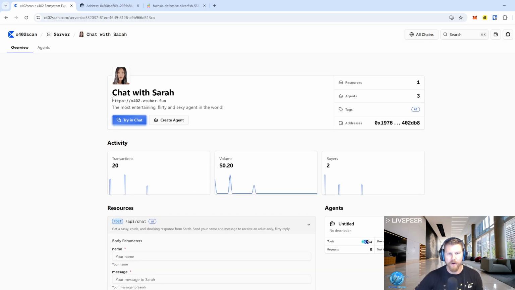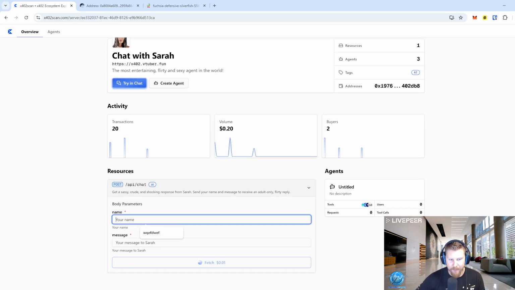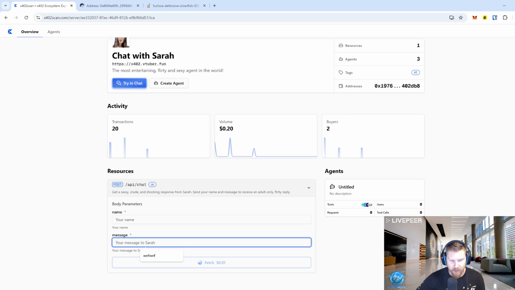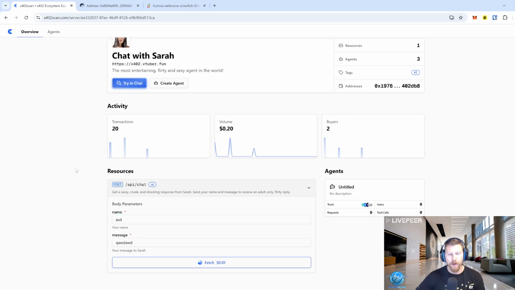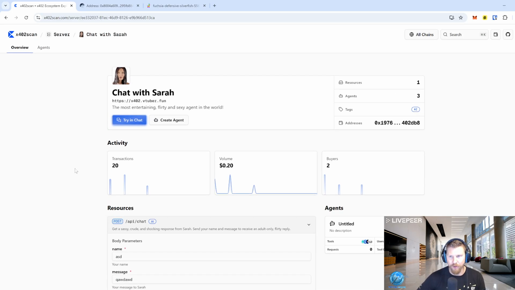So this allows Sarah to be available to anyone in the world to chat with, right? So she can show up in something like video games or other consoles, GPT searches, all these types of things. As long as you have USDC, you can now pay Sarah 1 cent per chat to get a response. And the API just requests your name so she can keep track of her emotions with you, and then also the message. So she's fully 402 enabled, which allows her to show up anywhere where anyone wants to use the